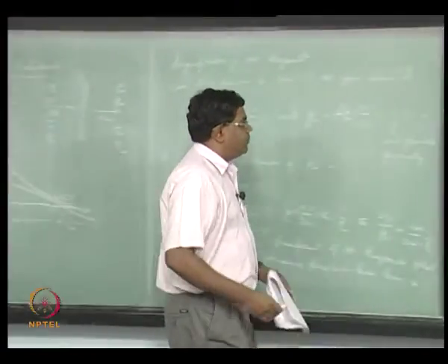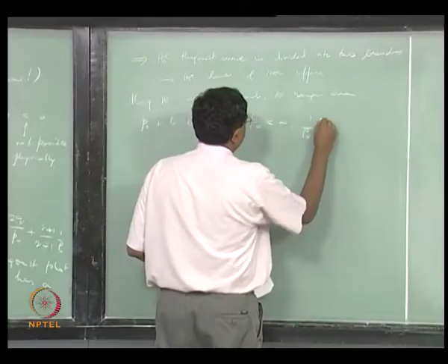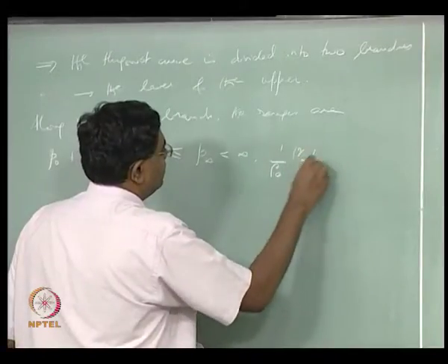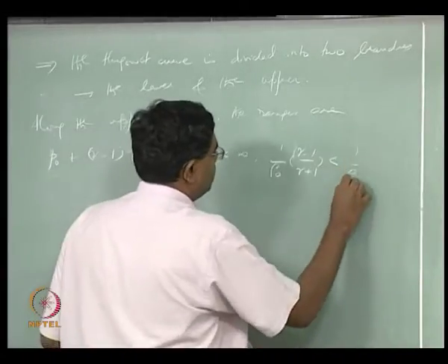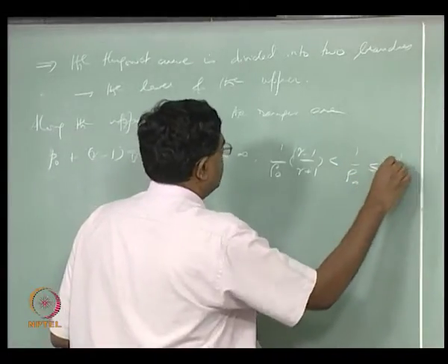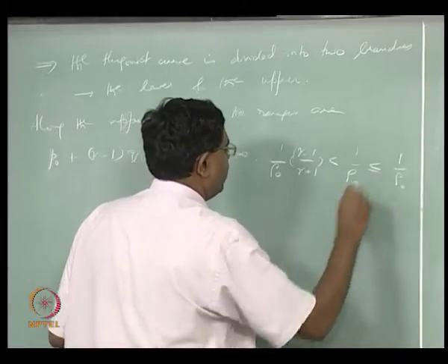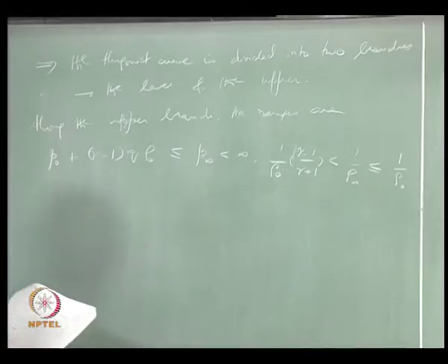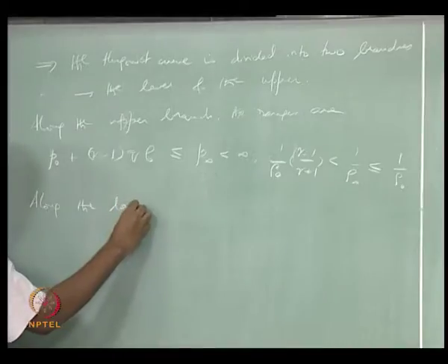So again we can write 1 over rho naught times gamma minus 1 divided by gamma plus 1 less than 1 over rho infinity less than or equal to 1 over rho naught. That's the range for 1 over rho infinity along the upper branch. Along the lower branch, the ranges are